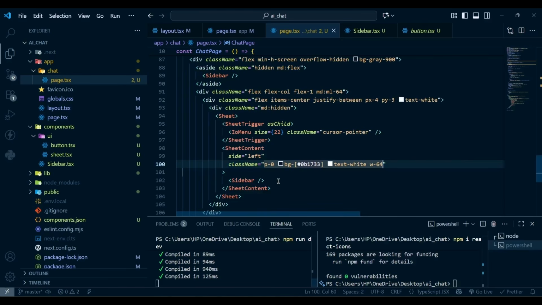So now if I hit save, so this is our sheet content,